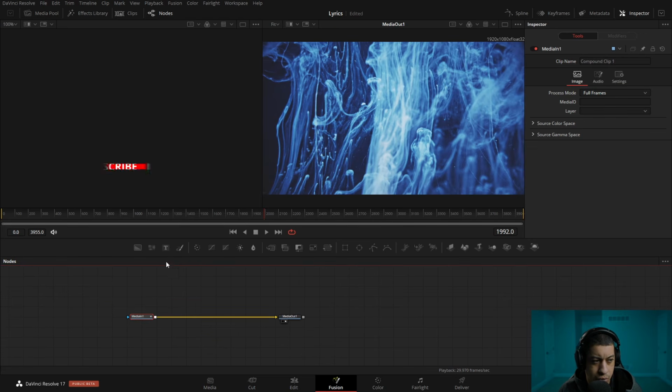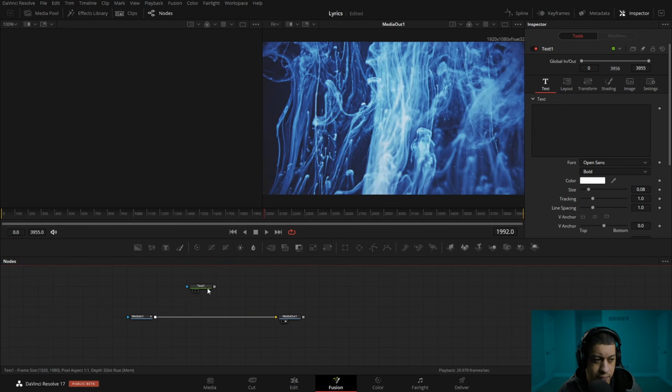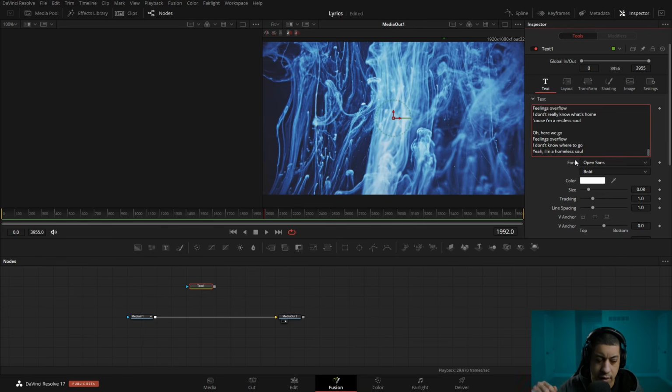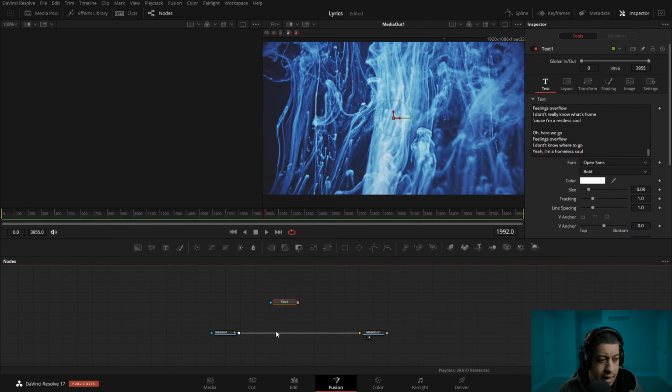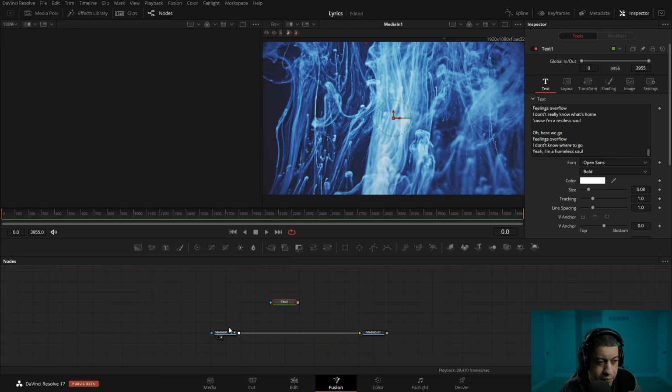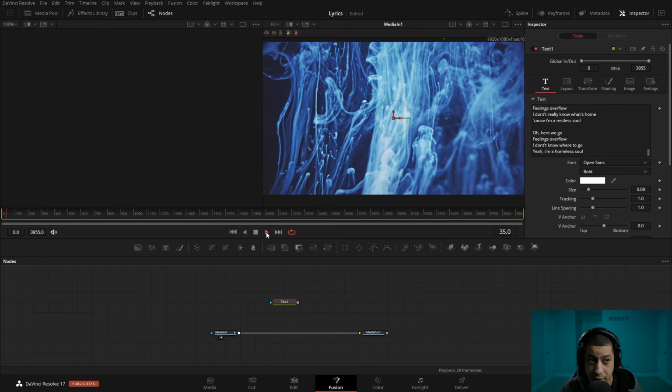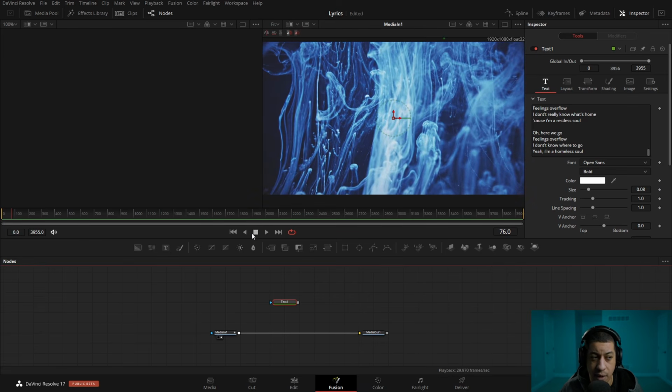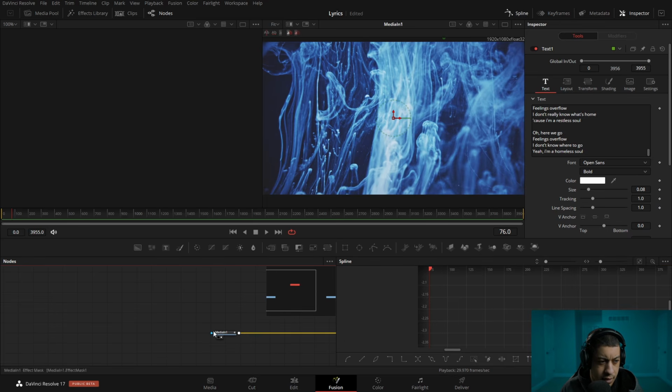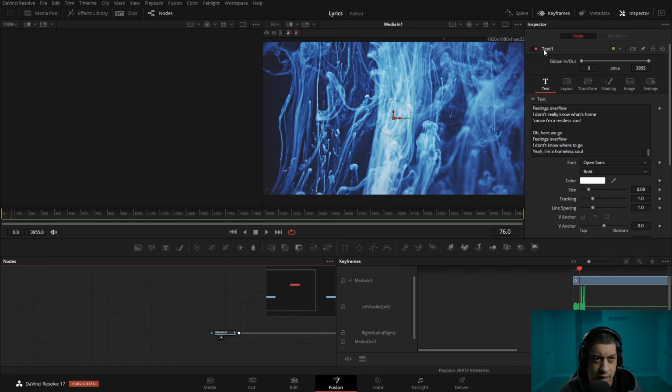And I'm going to drag down this text tool. And then in the text tool, right here, I'm just going to paste all of those lyrics that were there. And if I play this, listening to the media in, I should be able to hear the song. If you need to see waveforms, you can come up here to the spline, not spline, the